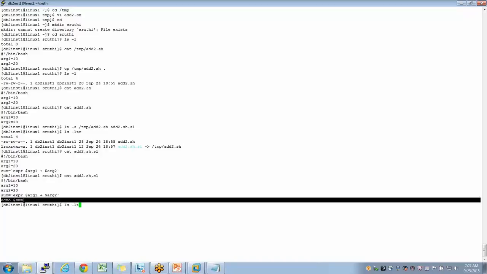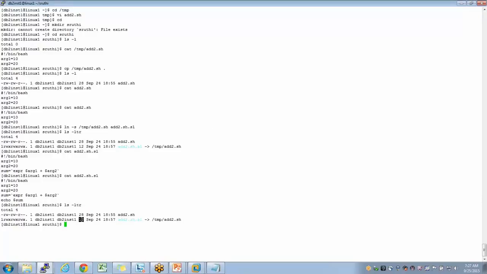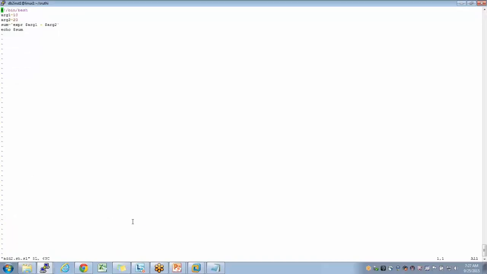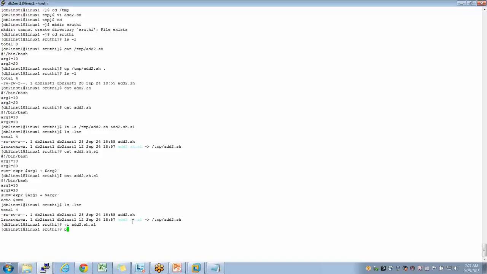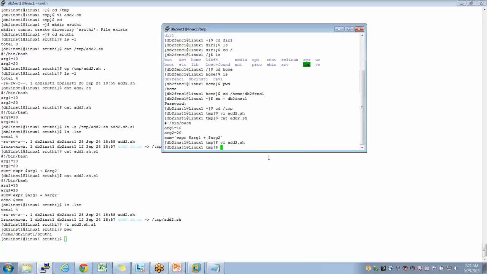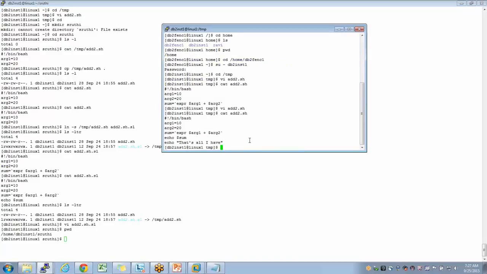The advantage of a symbolic link is you don't have to maintain a local copy. These can be in 2 different file systems or 2 different drives, right? So when I open this file with vi and print, that's all I have. Even if you modify through the symbolic link, when you go here and say add2.sh, it will affect the main copy as well.